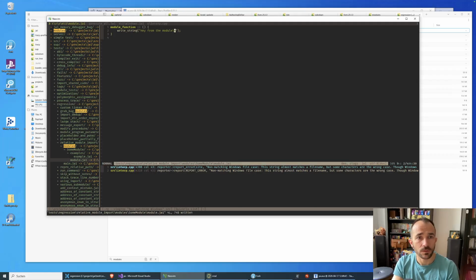So we don't need to import anything, because speed, and then we say example function, which just does module function. Okay, and then in main we say load modules.